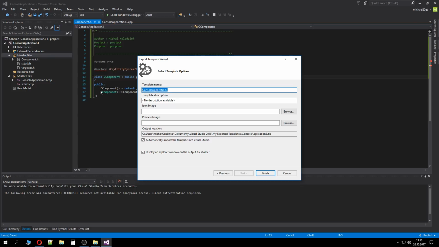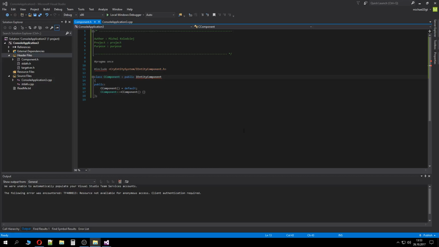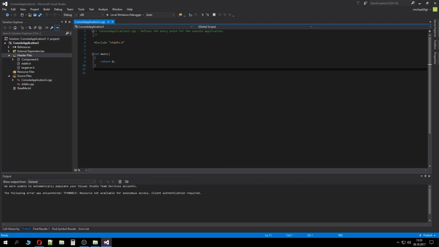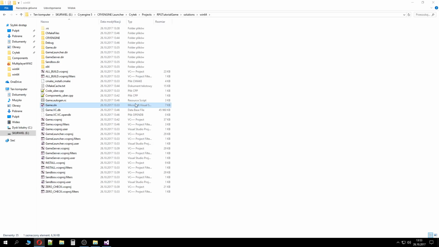Template name: Component. You can have some icon for it or preview, doesn't matter, and a description that you want, but I'm gonna go and save it up. It's pretty much all I wanted. I'm gonna close this completely now,